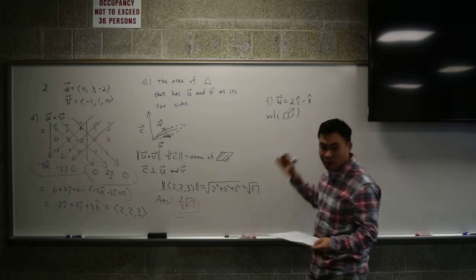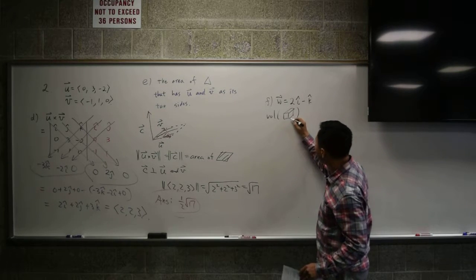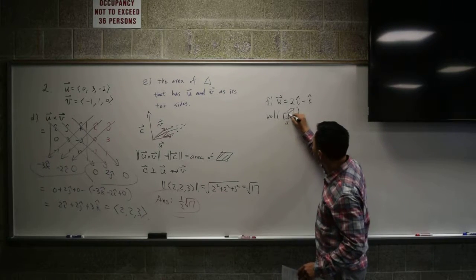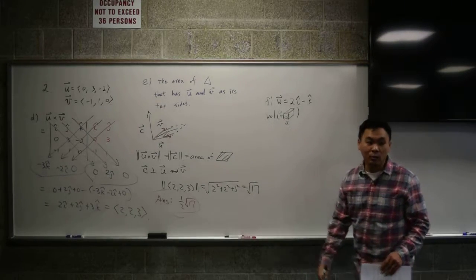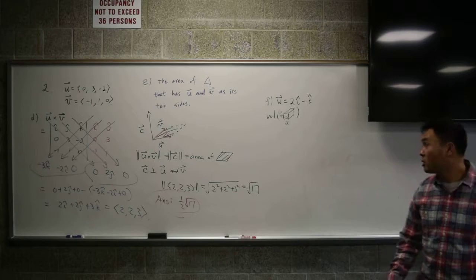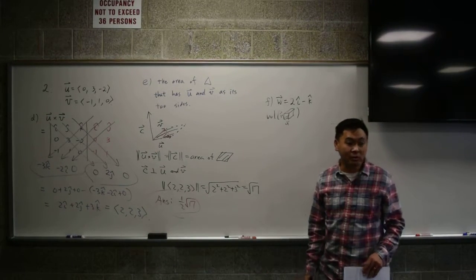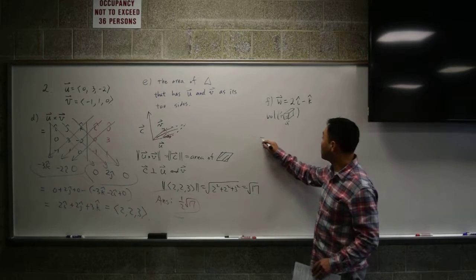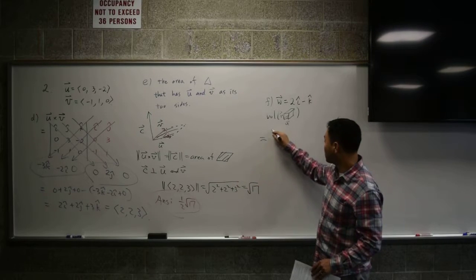I said a parallelepiped is like a slanted box, right? The volume of the parallelepiped is given by U, V, and W. Now we learned this as the triple scalar product, or just the determinant. So we know that we're supposed to put this along with the other ones, right? So we just have to put